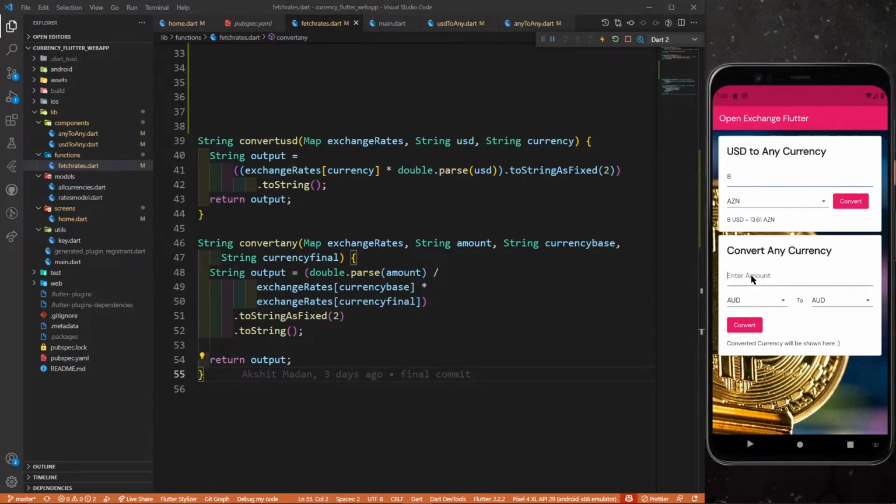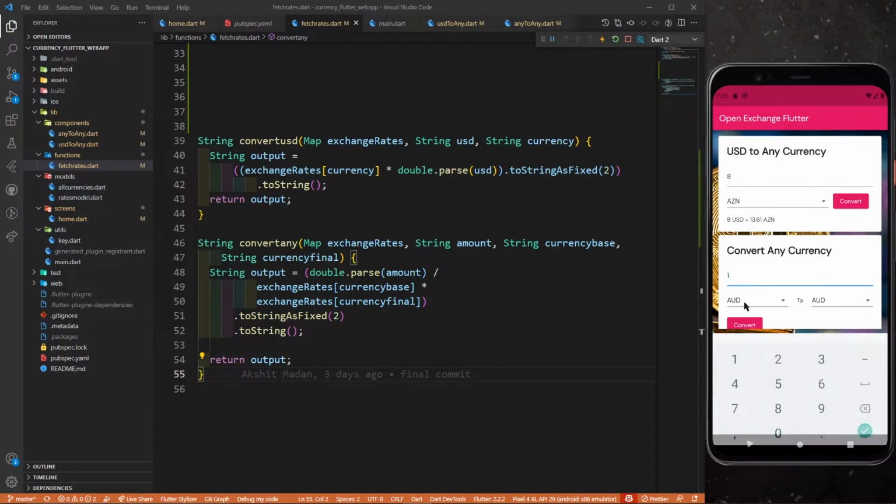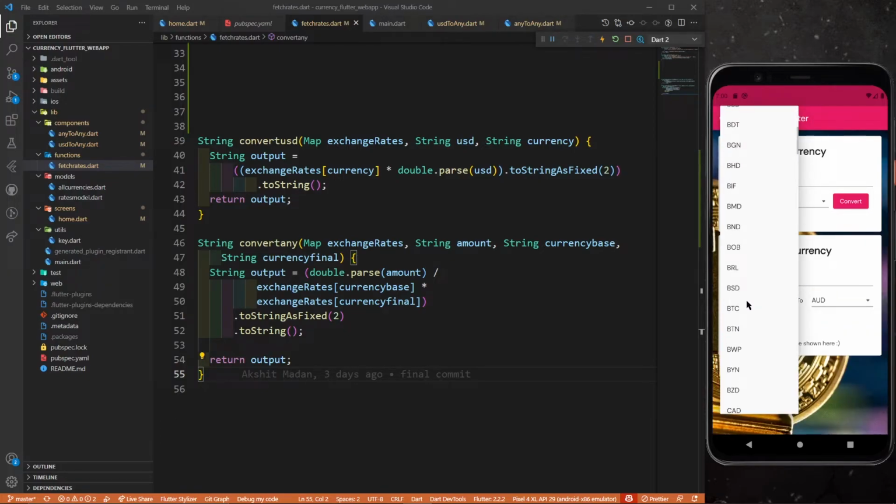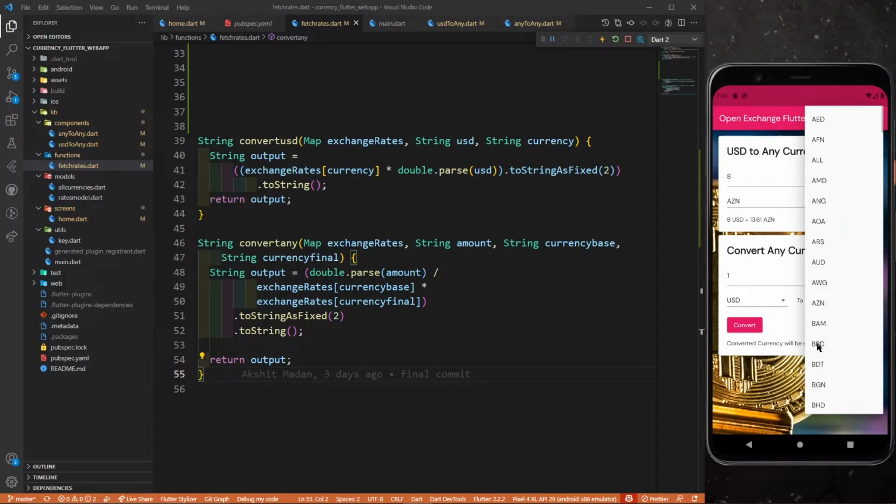So if I just enter one USD, so let me choose USDs. One USD to one INR. So one US dollars to one Indian rupee. So one INR is over here.